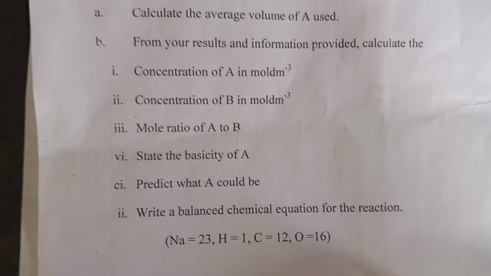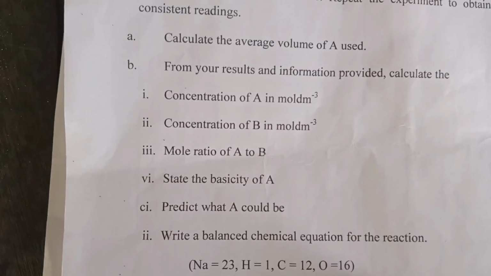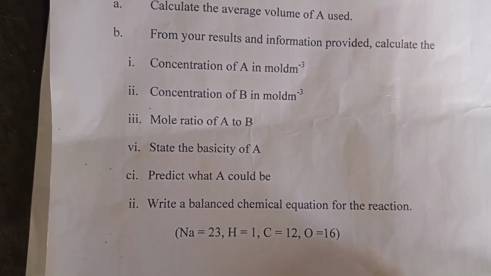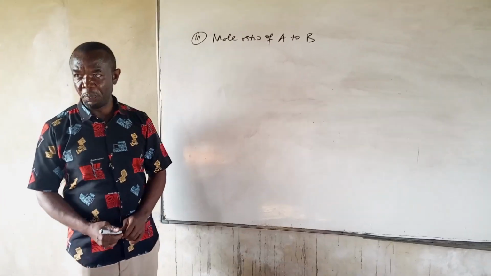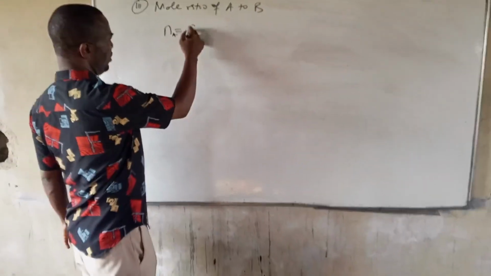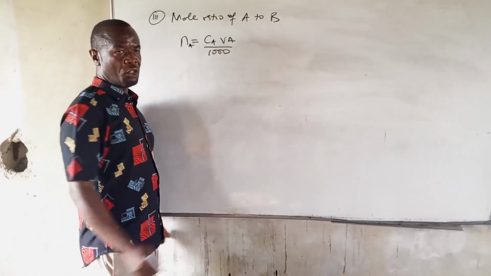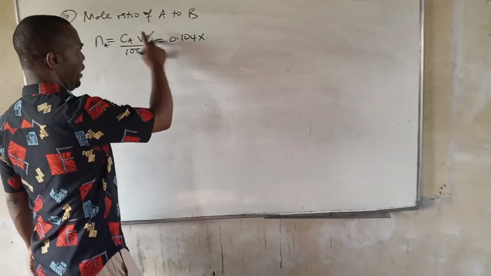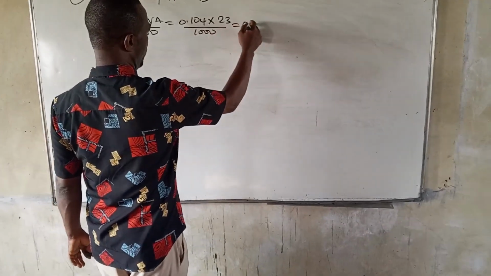Question number 3 says find the mole ratio of A to B, that is, the mole ratio of acid to base. Remember, there is no balanced equation. So let's go on. We have to first find the number of moles of the acid, na, using CaVa over 1000. The acid concentration we got is 0.104. Our Va for the titre is 23.0 over 1000, that gives us